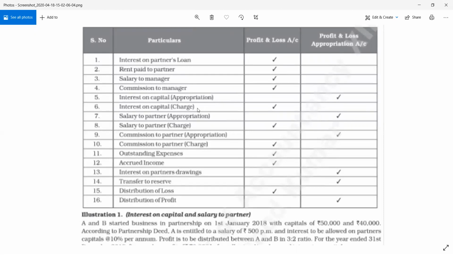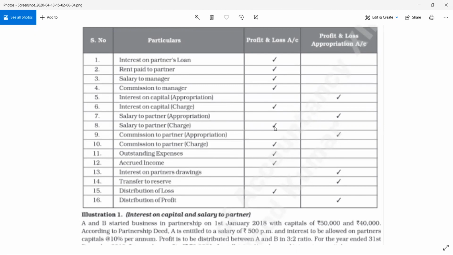ओके, कंफ्यूज होने की जरूरत नहीं है, फिलहाल इसको इग्नोर कर दो। ठीक है, फिलहाल इग्नोर करो, सिर्फ समझो कि वो प्रॉफिट एंड लॉस एप्रोप्रिएशन में जाएगा। चार्ज का मतलब क्या है वो हम लोग बाद में अच्छे से सीखेंगे, थोड़ी देर पहले भी बोला था मैंने, फिर भी उसको अभी रहने दो, हम लोग सीखेंगे अलग से उसको। सैलरी टू पार्टनर वही, अगर एप्रोप्रिएशन होगा तो एप्रोप्रिएशन अकाउंट में जाएगा, चार्ज होने से प्रॉफिट एंड लॉस अकाउंट में जाता है।